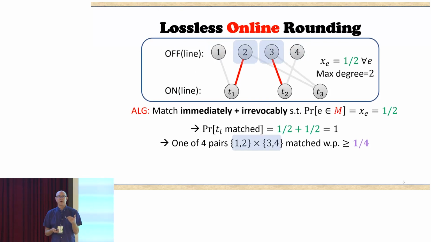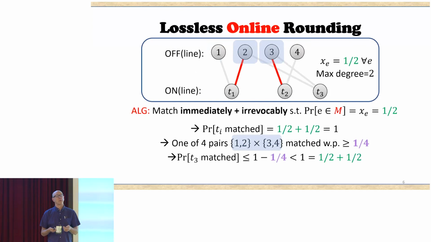So when the adversary brings in T3, it will be adjacent to this pair, which has probability at least 1/4. So this means that the probability that T3 is going to be matched is at most 3/4